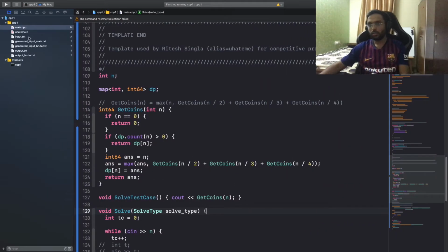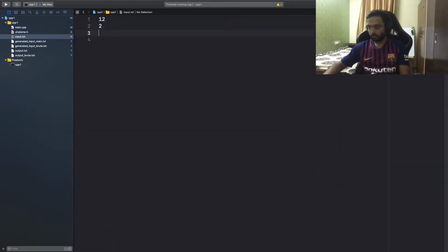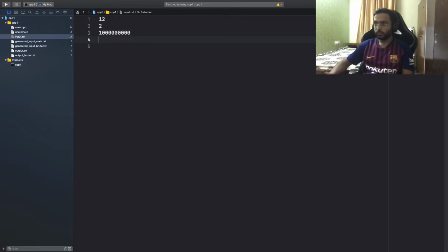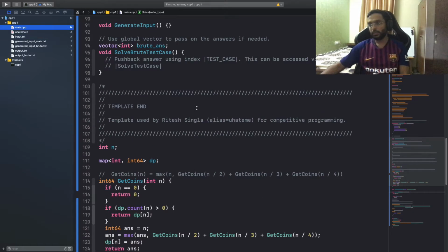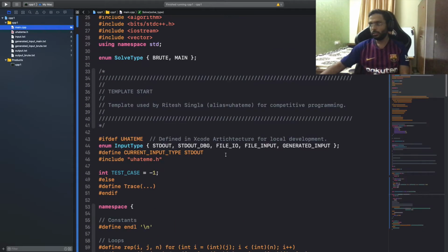Here is the input. Let me add the extreme conditions as well: 1, 2, 3, 4, 5, 6, 7, 8, 9. Along with that, let me add base conditions as well. Yep, seems about right. Again, this is just my change in my template, so that it takes the input from this file and prints output on the console itself.